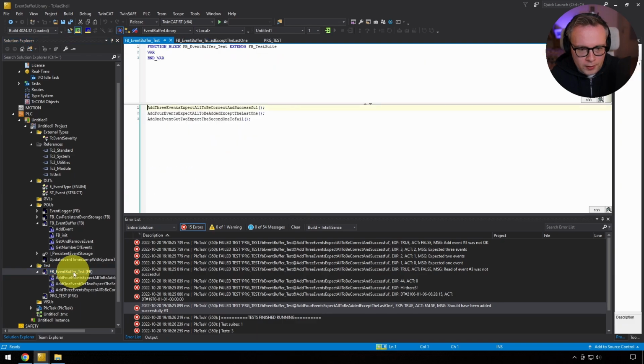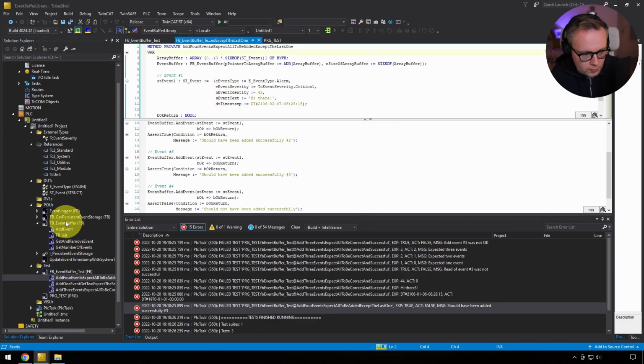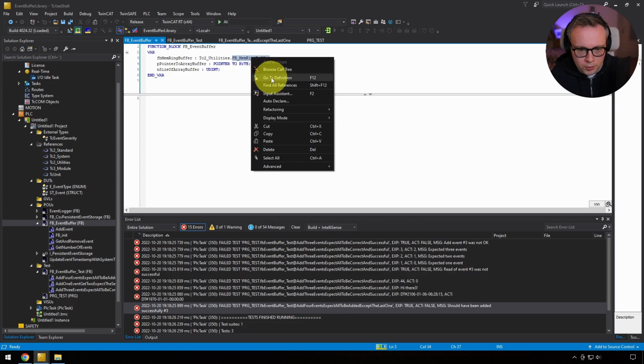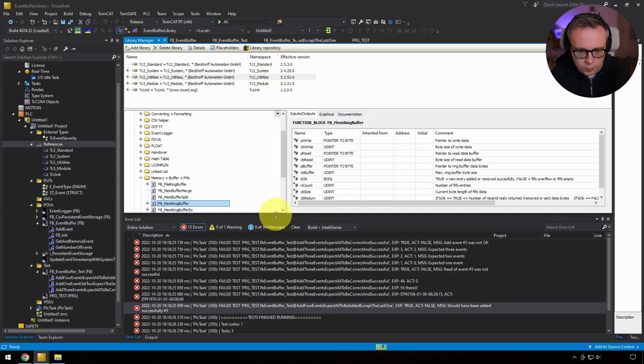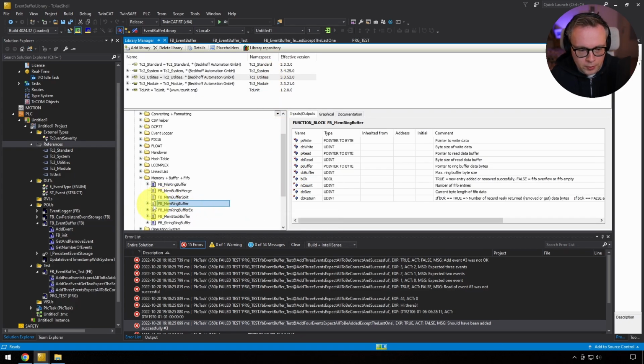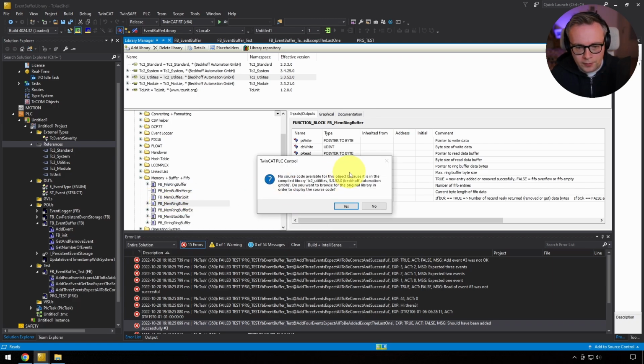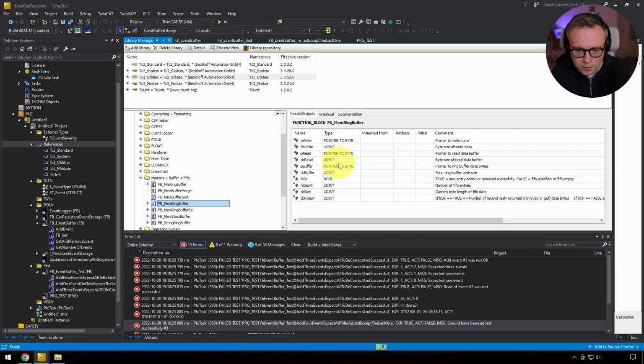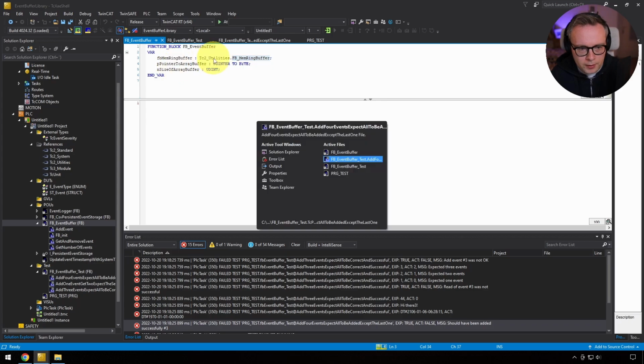I have no idea how this guy works internally, because as you know, if I go to a function block and I want to look at the implementation of it, I can't, because Beckhoff doesn't provide the source code to their libraries, which sucks, but okay, I can understand that. So I can't really look into how the internals are managed here, but I imagine that they need some internal space in the buffer to manage every event, something like this.